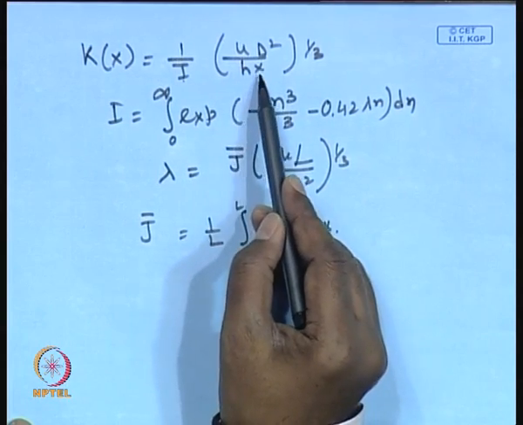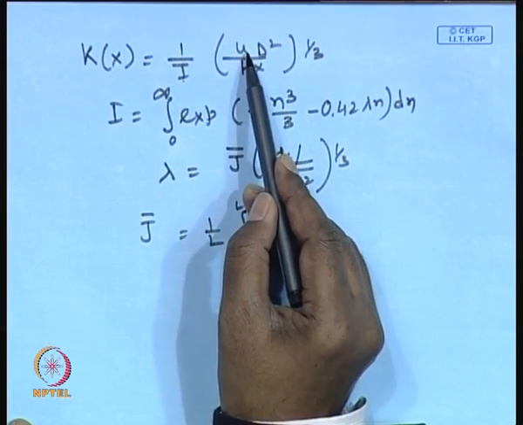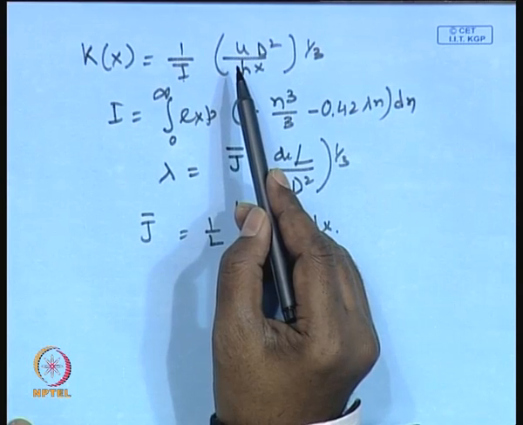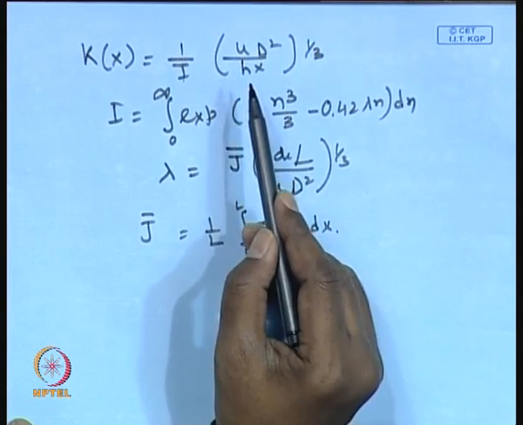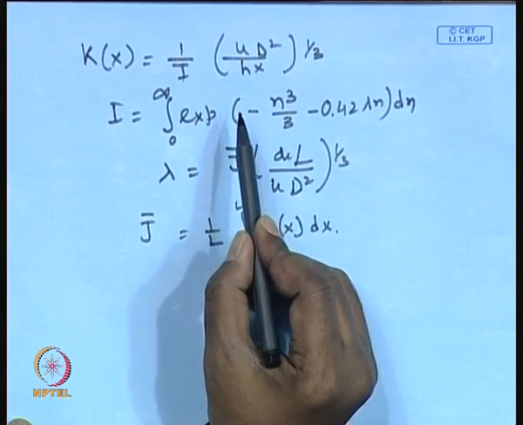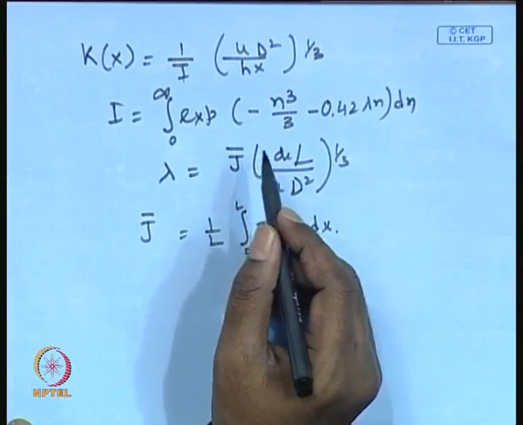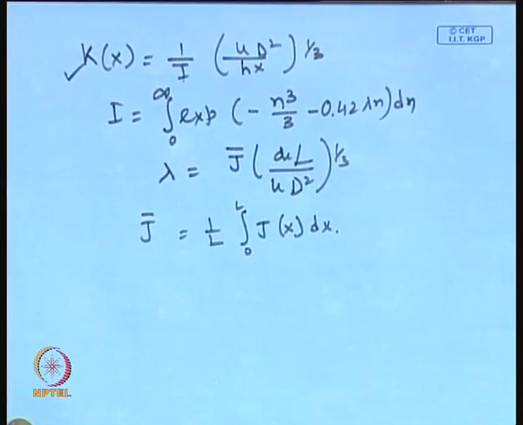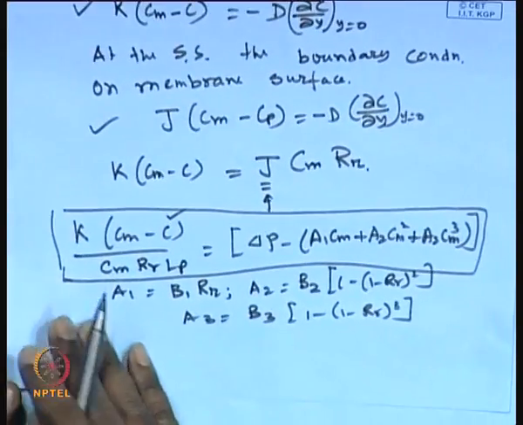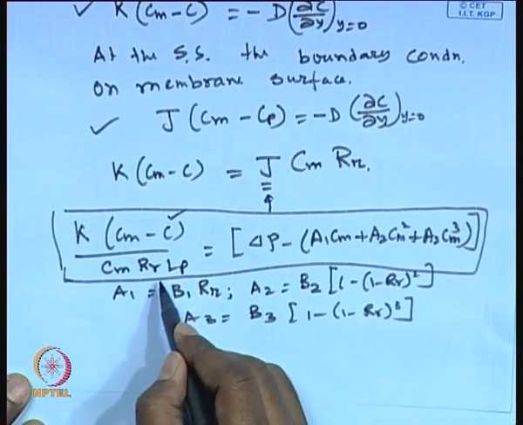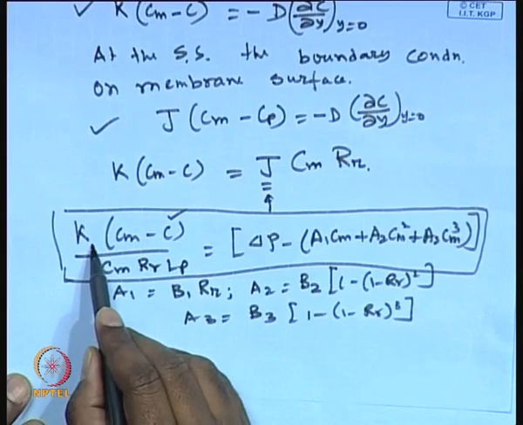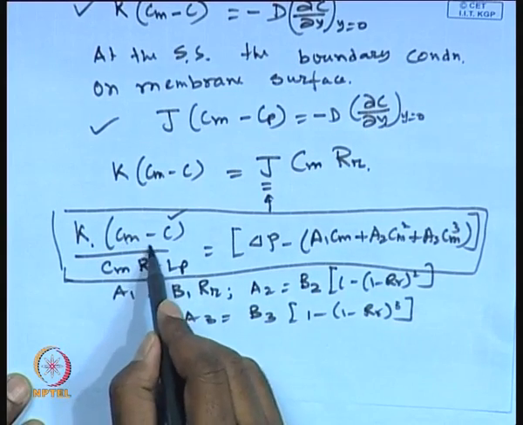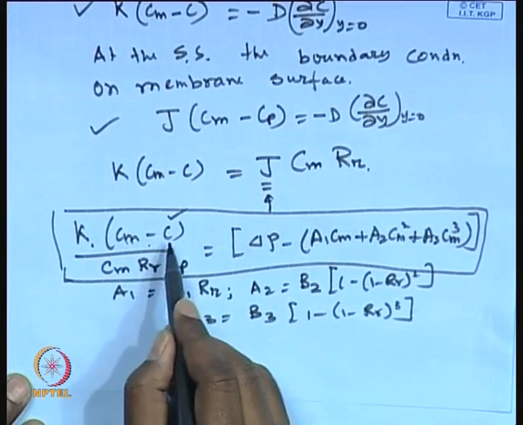Now in this expression, what is this value of u? U is basically the bulk velocity we are talking about. This was replaced by u naught earlier. This bulk velocity is now a function of x, and we have a governing equation of u as du dx is equal to something. So once you can calculate the value of u, then k as a function of x will be known. So this gives you the relationship between Cm and C.